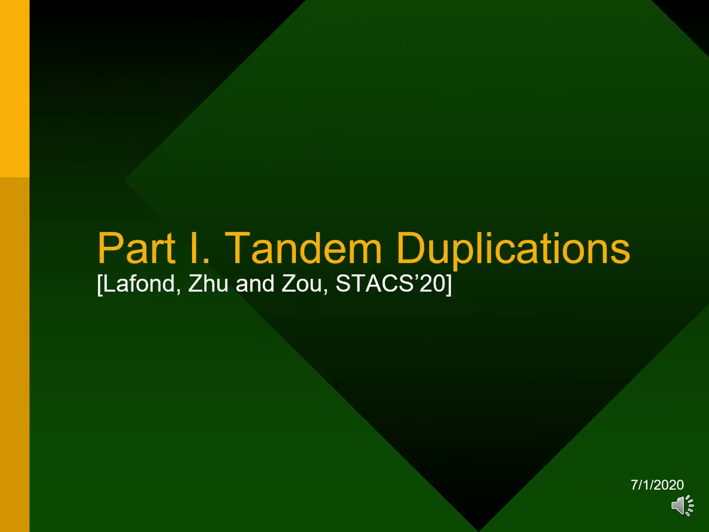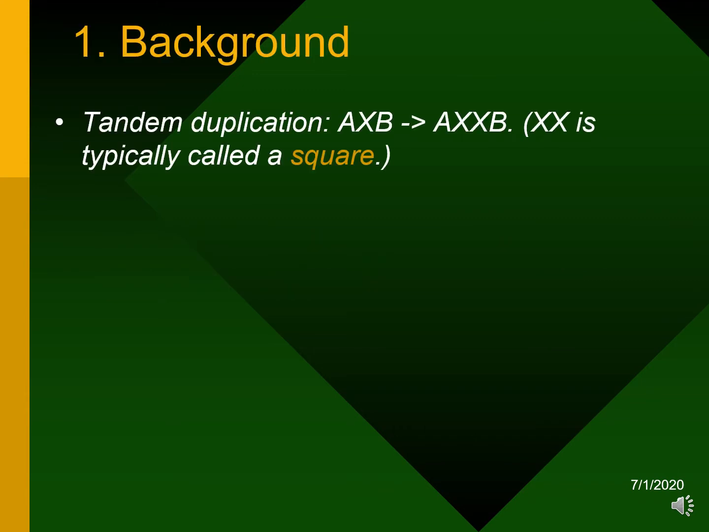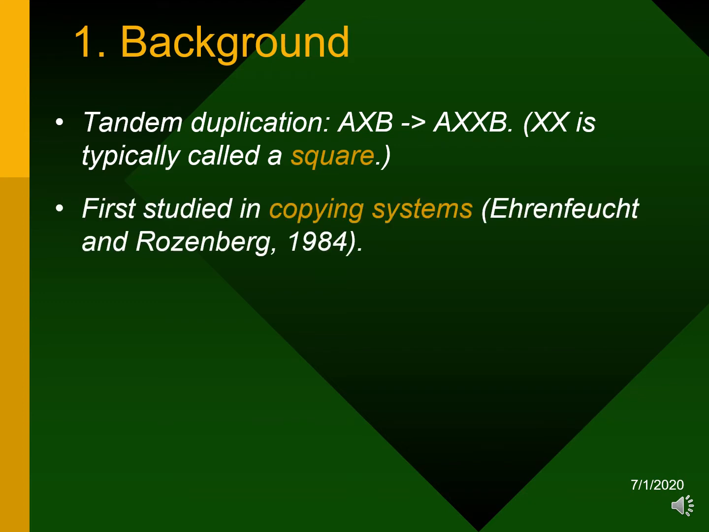Tandem duplication is actually a very simple operation. Basically, you are given a string, and you pick a substring x, and copy x once to have xx. So xx is typically called a square. So this tandem duplication